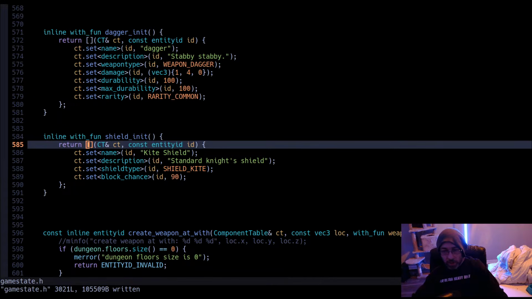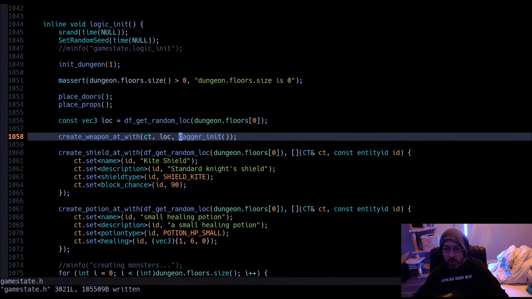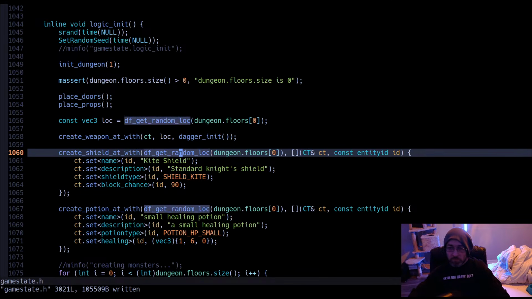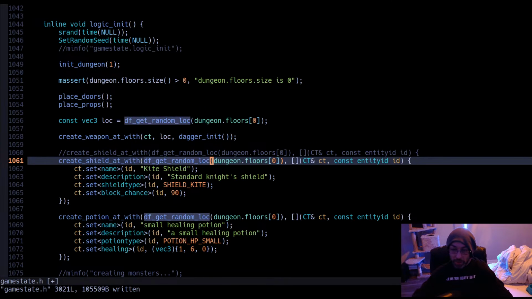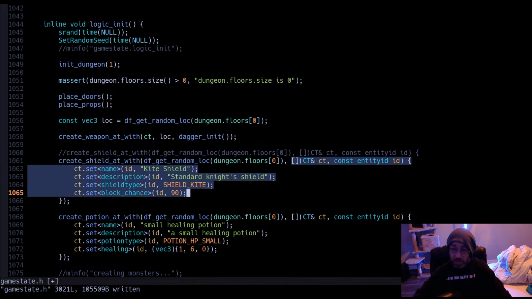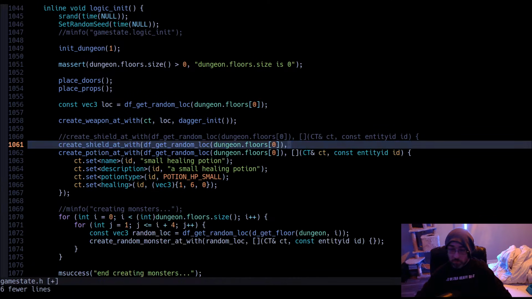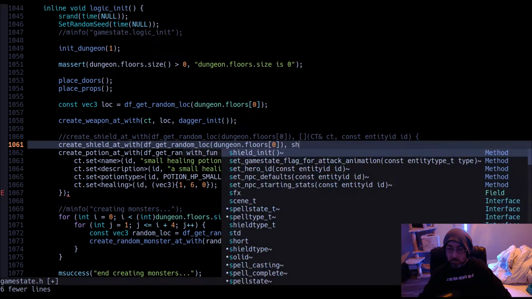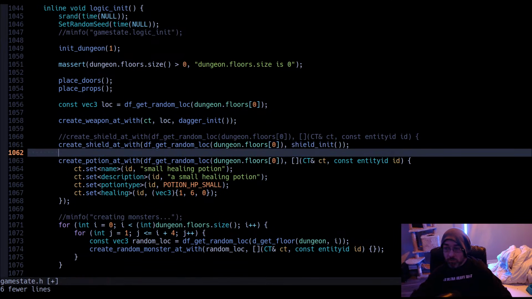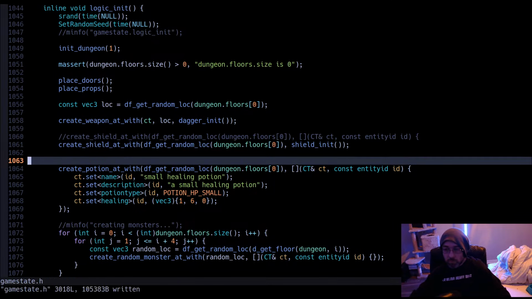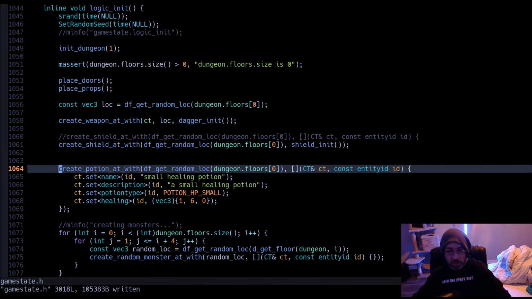So instead of manually doing create shield out with the inline, we can instead pass a parameter called shielded it. That's a lot cleaner, right? Similarly,